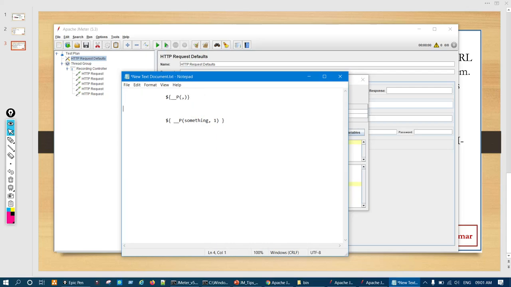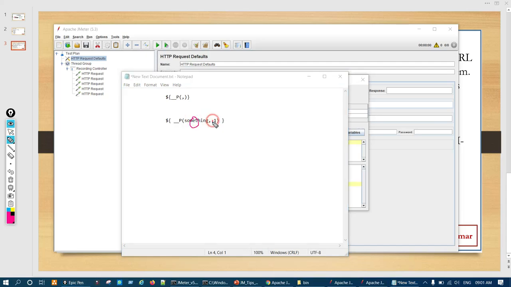And if you write something with P and something here, and give a space here or there, earlier it was throwing an error in JMeter. Now it's allowed. If you give any space in between, it will work. So they have fixed that.